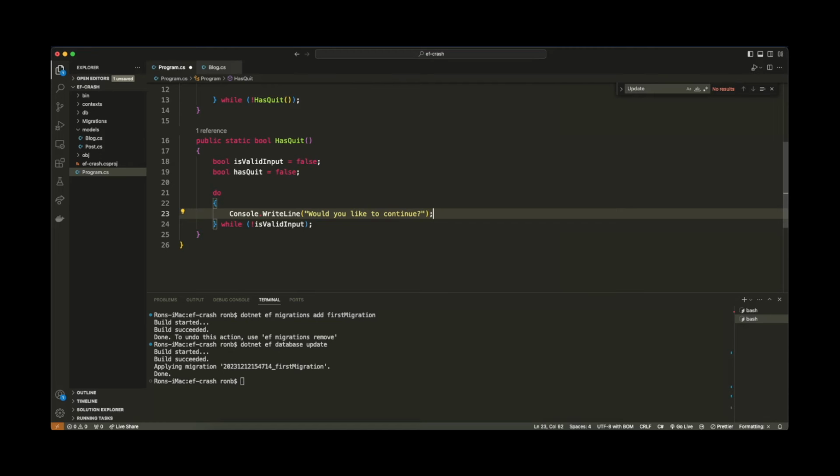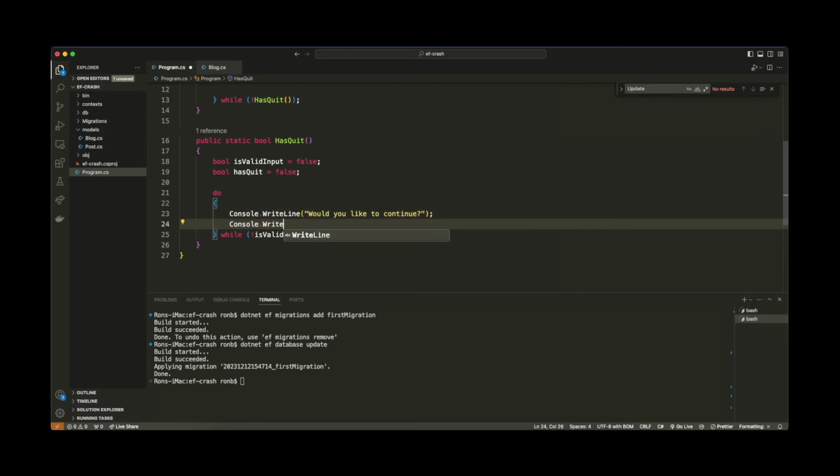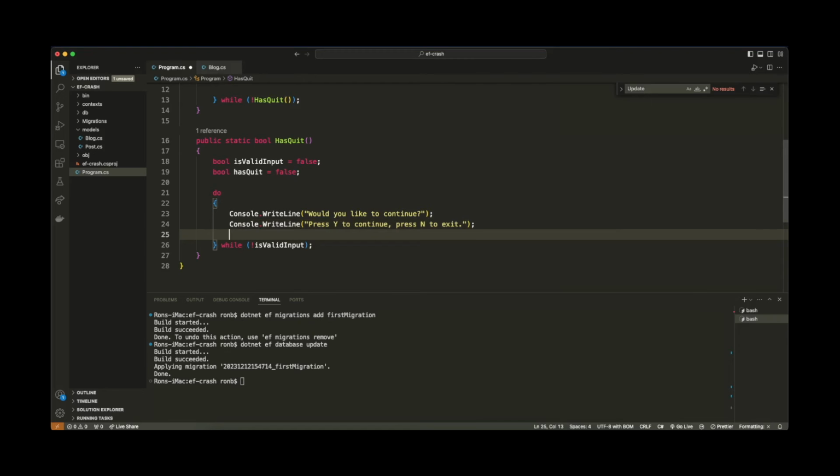To get input from the user, we need to define a string variable. But before we do that, let me just add another WriteLine here to give some more clarity. We're going to say press Y to continue, press N to exit. So that is nice and clear. Now let's take in input from the user. We're going to say string, because it's going to be a string data type from the console. String userInput. So this is what the user is typing into us. And we're going to set that equal to